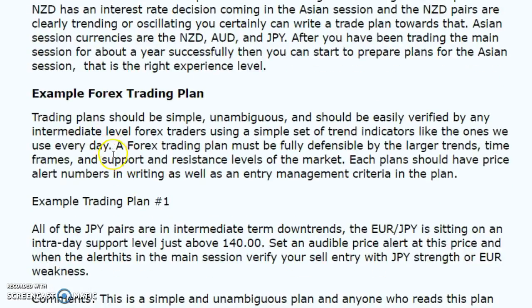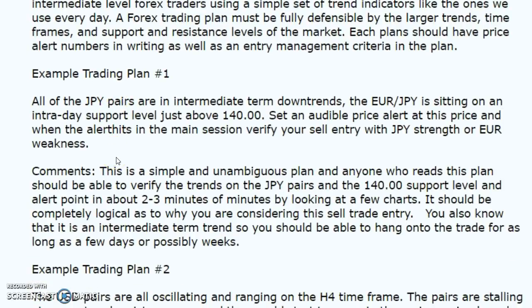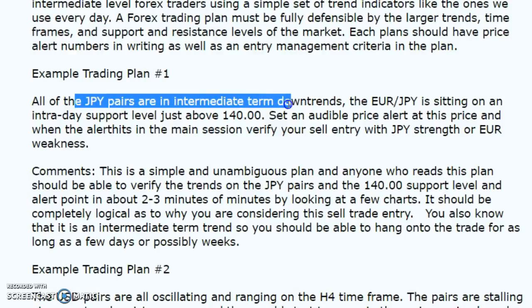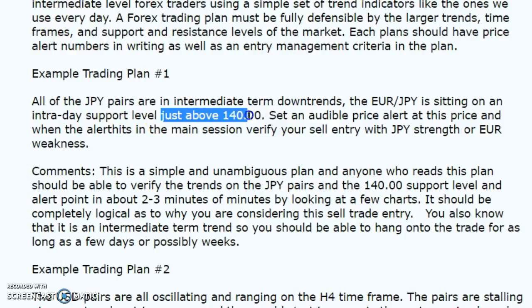So here are some example trading plans. They're very simple. In this case, all of the yen pairs are trending down. You set a price alert on the euro yen at 140. And then when the price alert hits, you can check to see if the yen is strong or if the euro is weak. And under either scenario,